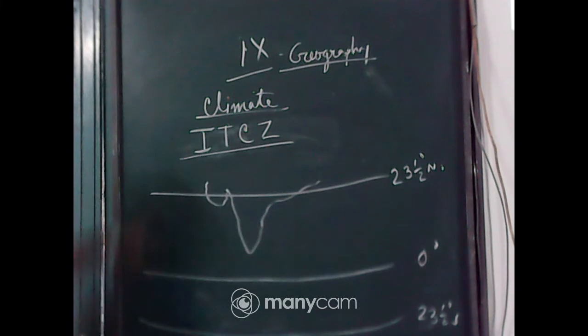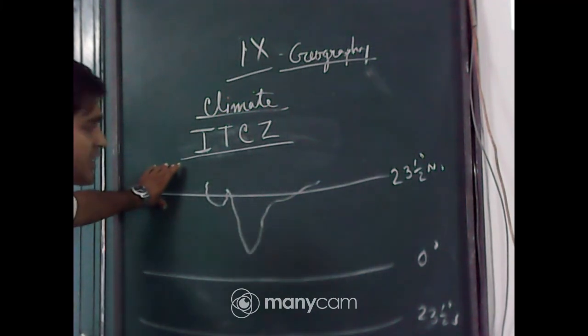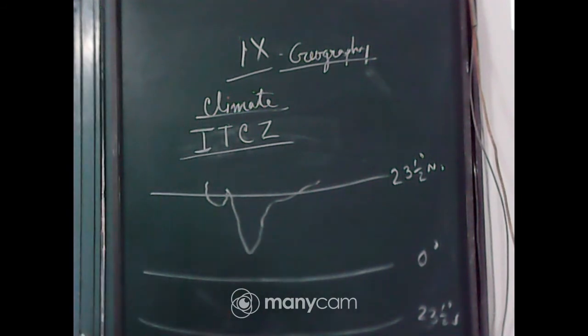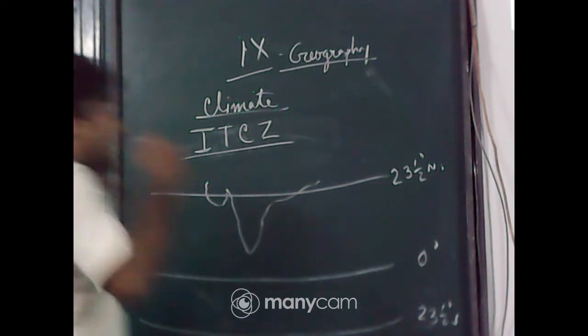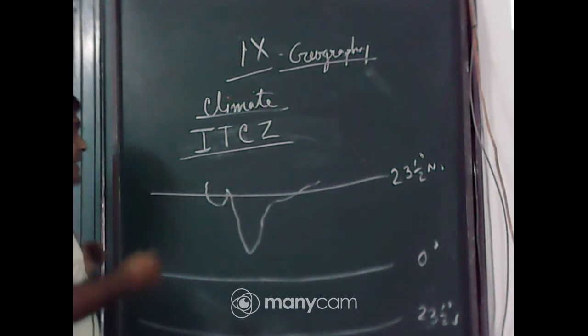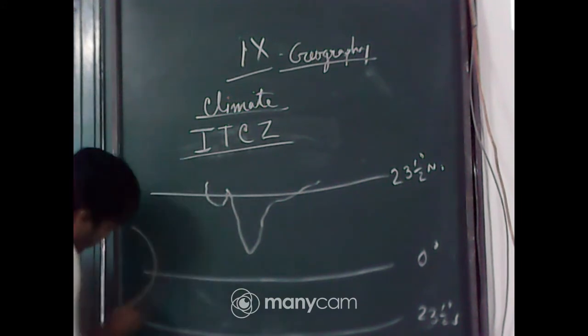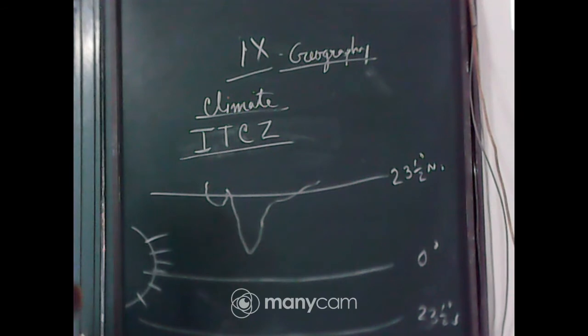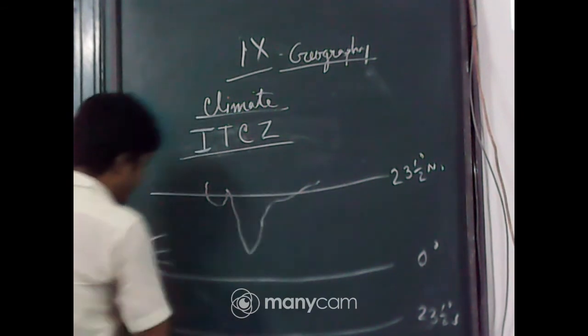So 23.5 degree north is the Tropic of Cancer, this is the equator, this is the Tropic of Capricorn. And generally, you know that the sun is vertically situated on the equatorial region throughout the year. That's why this equatorial region